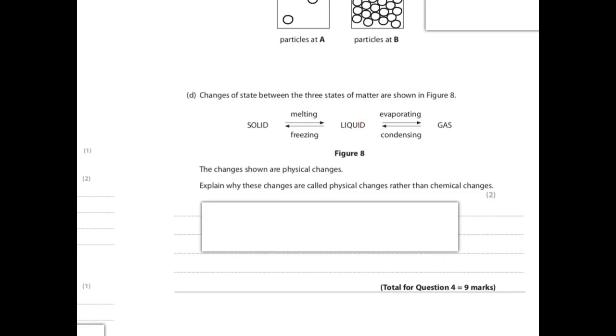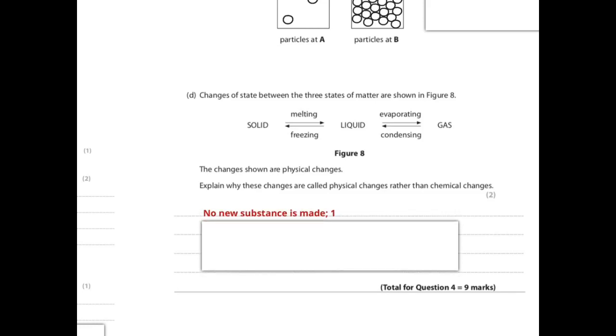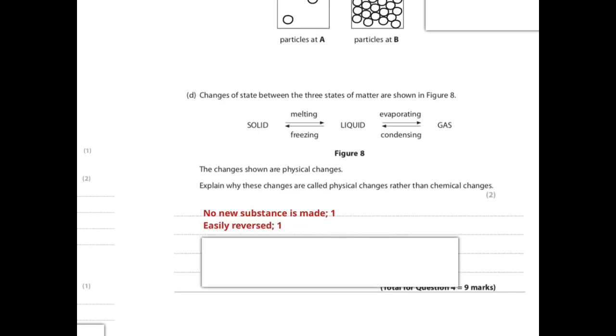But take something like frying an egg, which is a chemical change. You're chemically changing the proteins. You can't get the egg white back from a white state to its sort of transparent state. That wouldn't happen. That's a chemical change. So the two things you would say is no new substance is made in a physical change, or you could say a new substance is made in a chemical change. That's the converse point. And it's easily reversed, or it can be reversed, whereas a chemical reaction is very difficult to reverse. It's not impossible,